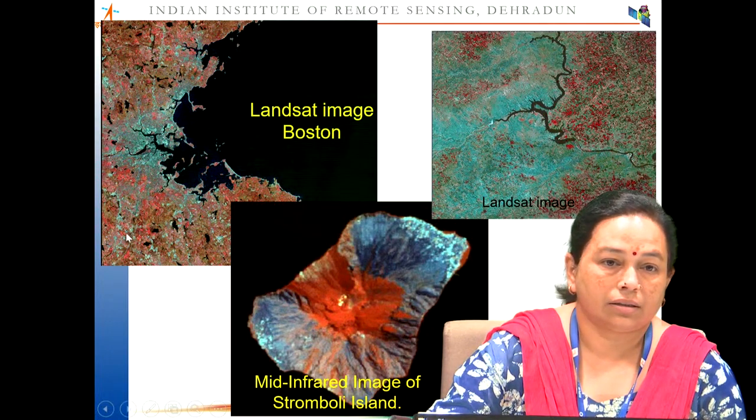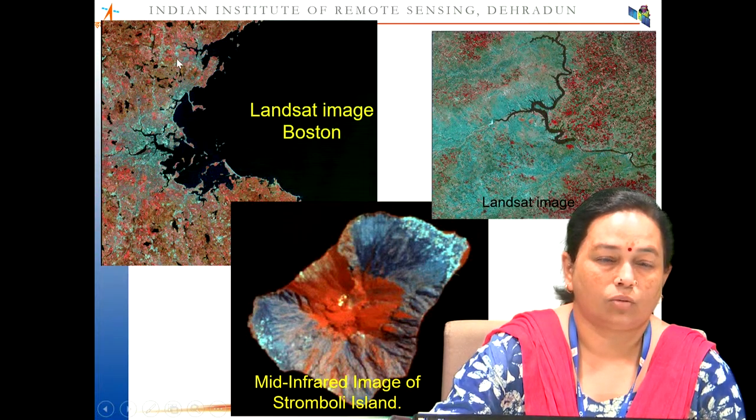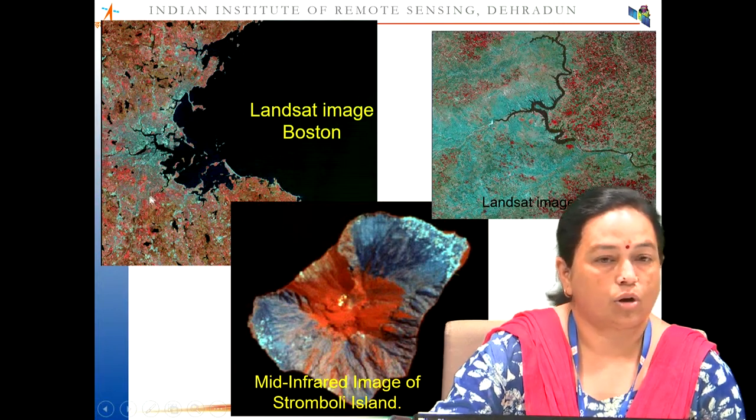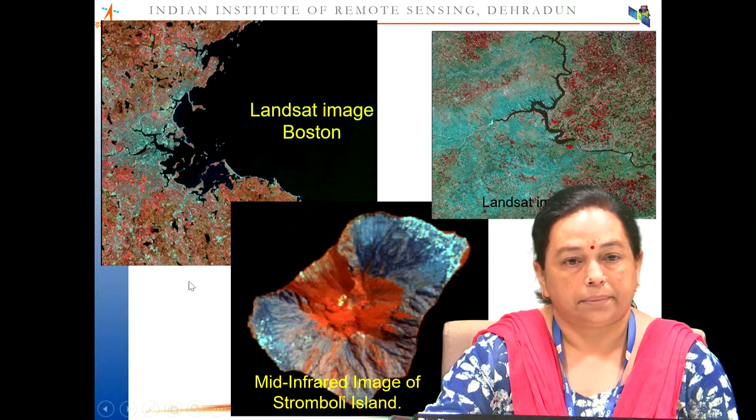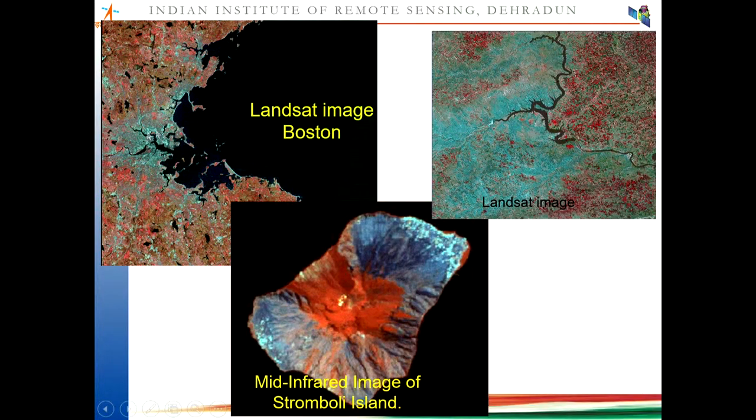Similarly, these dark features, polygons, are water bodies. Cyan tones would be dry areas, could also be built up areas, but since it is very near the coast, it was more likely to be dry, sandy areas. Right? So this is the beach sand, as you can see, very, very bright